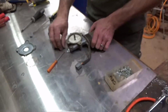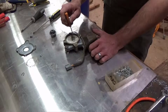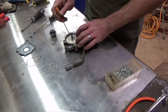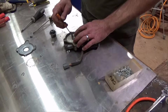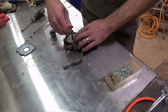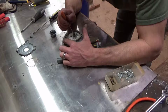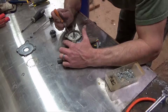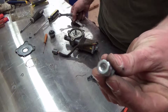Okay. Try to set these back in here again, hopefully. Getting them lined up in there is... Alright, so what I'm going to do, I'm going to get these nuts tightened up on this bolt, and then